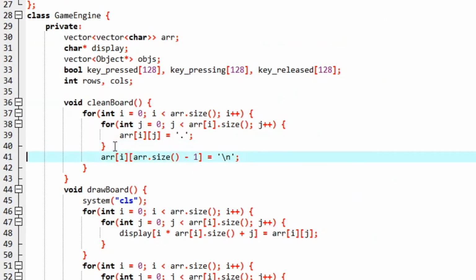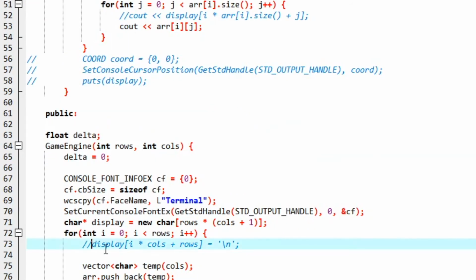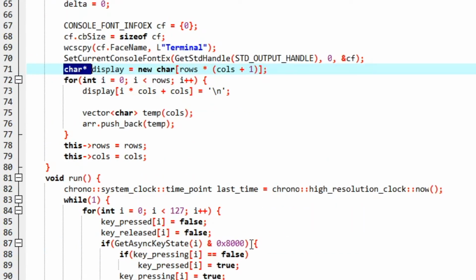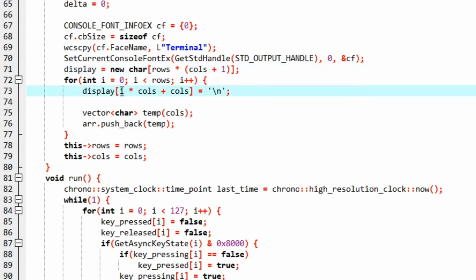I am seeing the output. Okay, I think I removed this line here, and this line here is fine. Finally found the issue. First of all, we need to remove the data type here because we are creating the array static inside of this function, but we basically want to update the array that we currently have. We also want to update this here. We are basically placing the handle in between our actual screen, but we don't want that. We want to place it outside of our screen. In our display array, we have one extra column and we want to place our handle at that extra column, so we need +1 here.